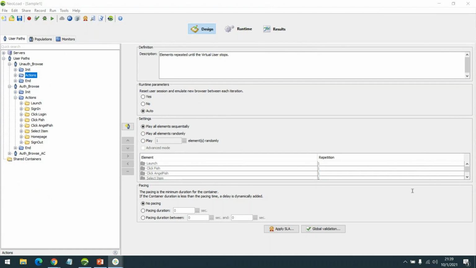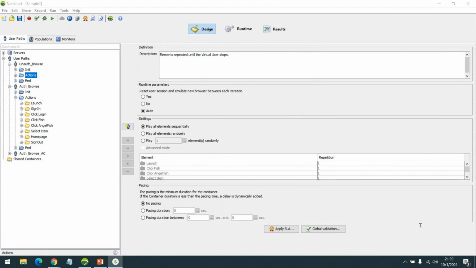For the correlation, am I right? If you have multiple correlations in multiple requests, how do we identify which request has the correlation?